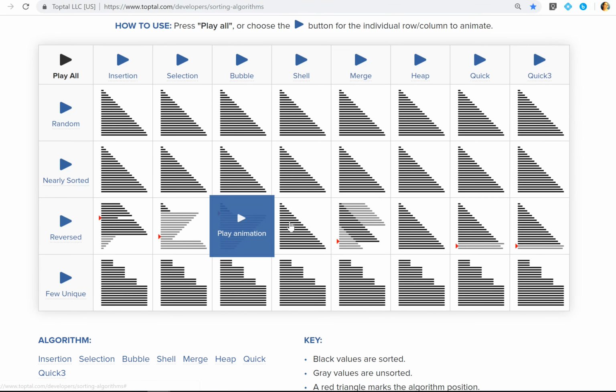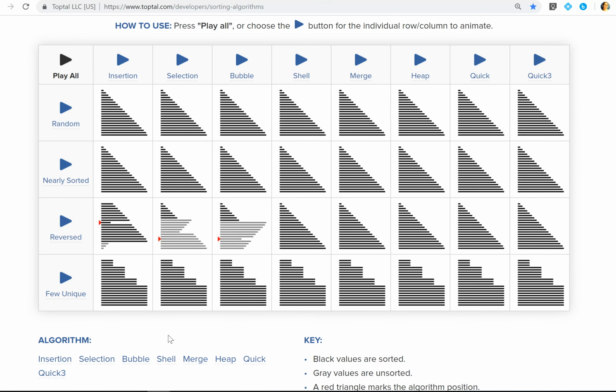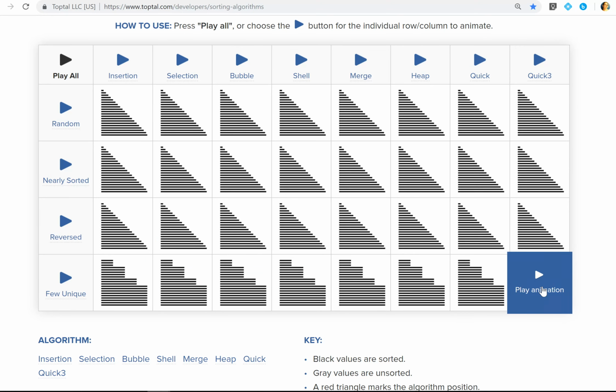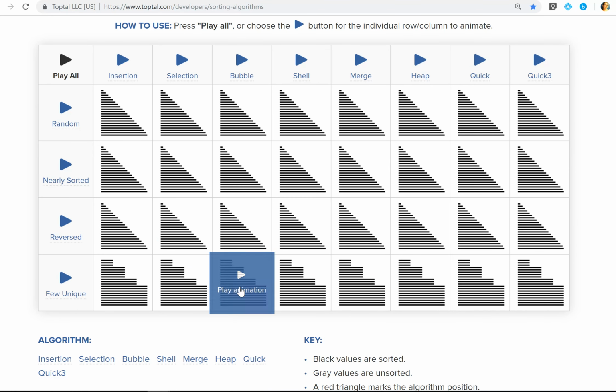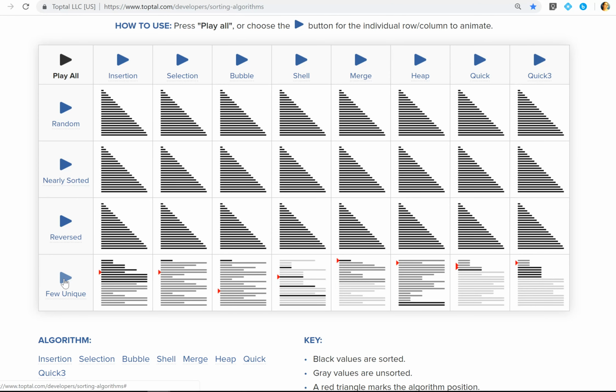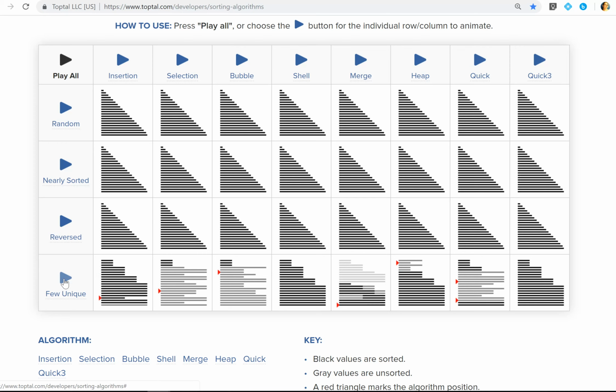So in this case, maybe we want a shell sort. I think that was the first one. On the other hand, if you know that your data has a lot of repeats, maybe you're doing something with statistics and it has to do with repeated numbers that come up a lot, maybe it's income of Canadians, something along those lines, then maybe a different algorithm would be better. What seems to be fast here? The quicksort 3 was pretty good, insertion wasn't bad, I think shell and merge were pretty fast, but maybe selection sort